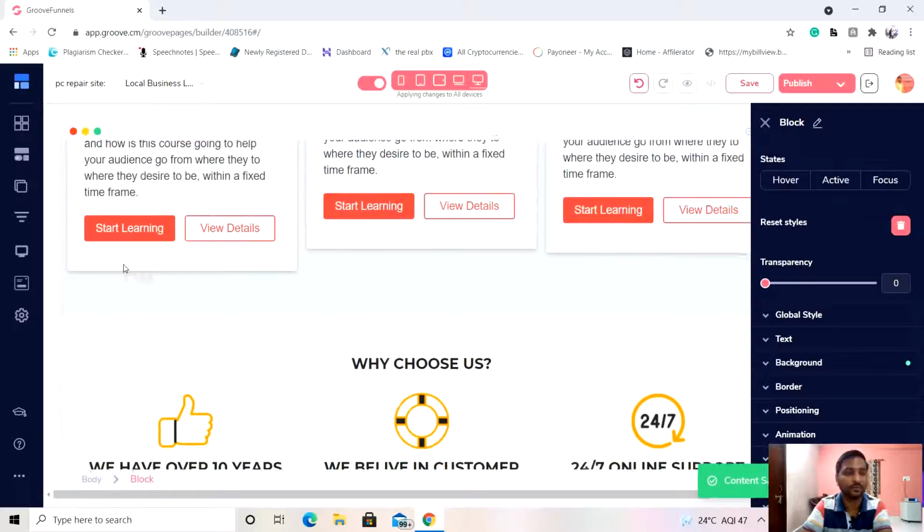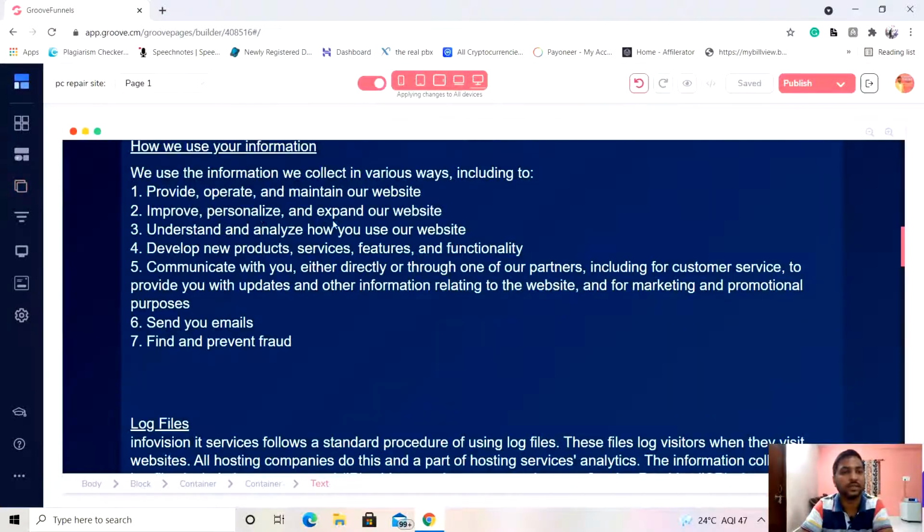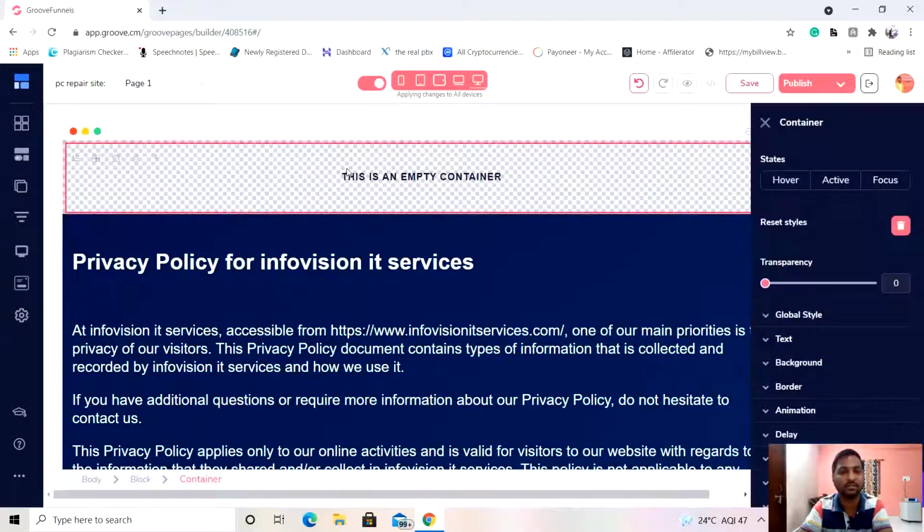Now let's go to the second page, select the second page to edit it. I believe the team is already working on the application, so it is behaving a little bit slow. Now in order to add those pre-made blocks which you have saved as your templates, it is already added under the block section.